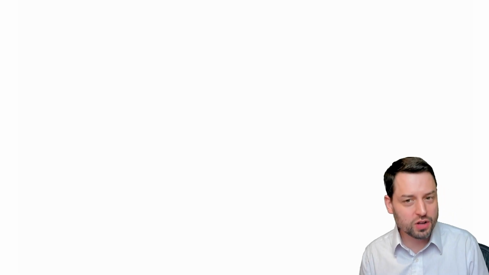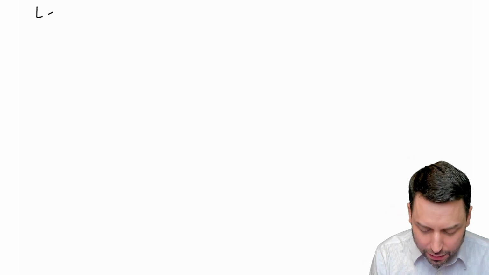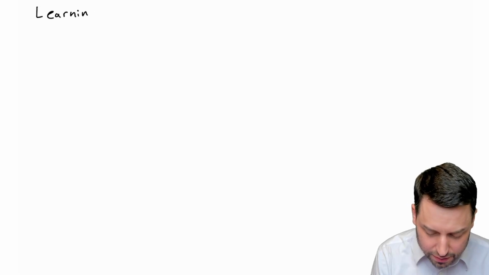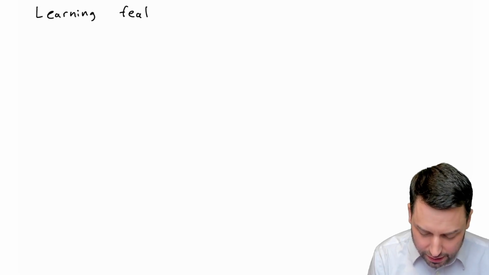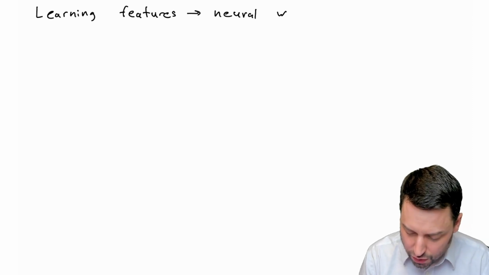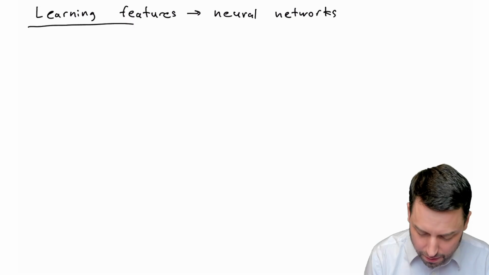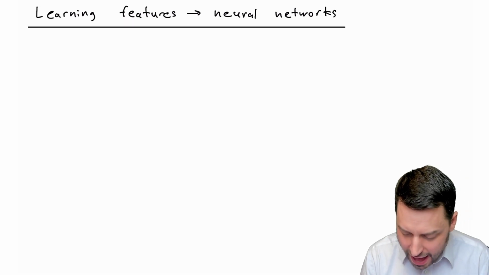And so this motivates the approach we'll talk about next, which is one way of introducing neural networks, which is essentially as a way of automatically learning features. And this is going to lead us to a class of model that we'll call neural networks. Okay, so at an intuitive level,